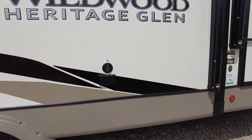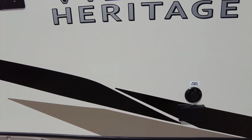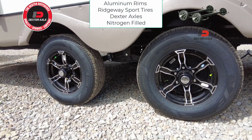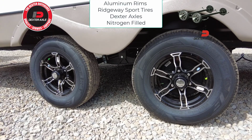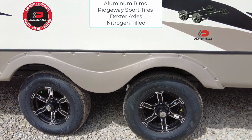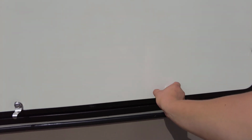You also have out here a 110 power source as well as park cable, if you guys have that, and then also a TV bracket to be able to mount an exterior TV. All right, you got your Dexter axles and suspension system. You got your Ridgeway Sport ST tires that are filled with nitrogen and upgraded aluminum rims. Very nice. Of course, you've got your furnace right here. Then you take and open this up,